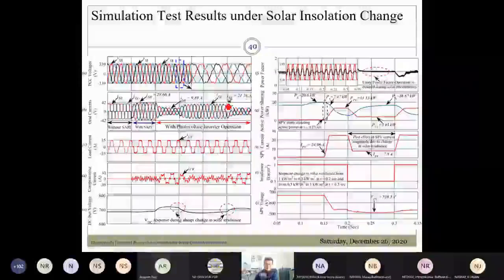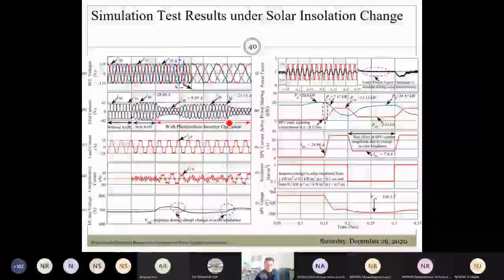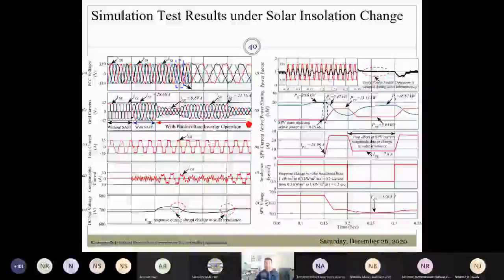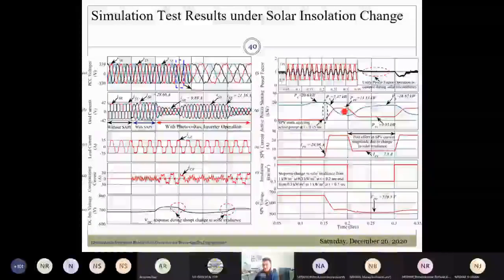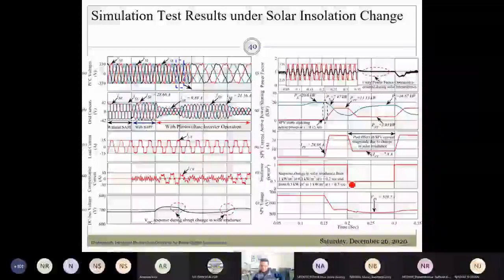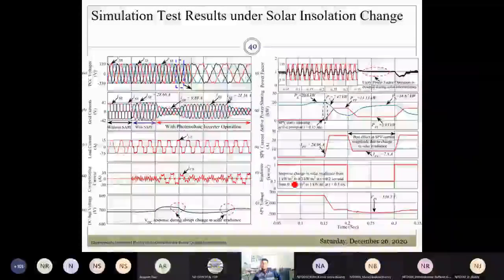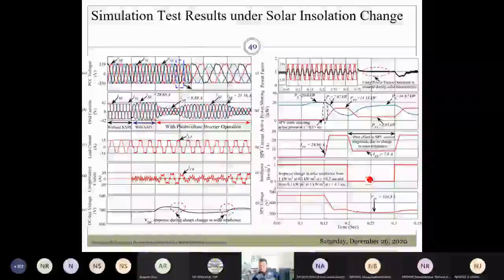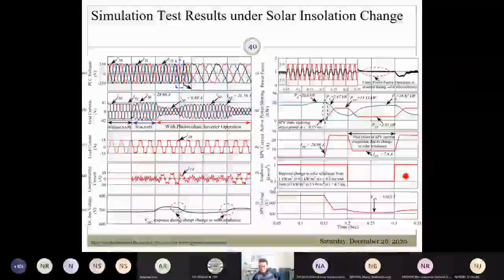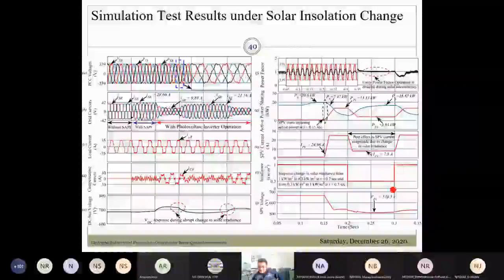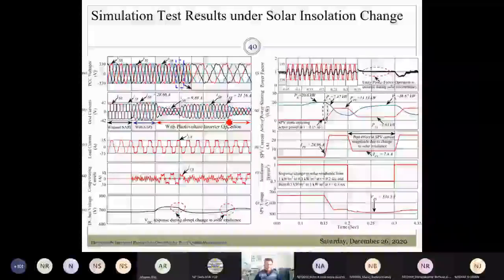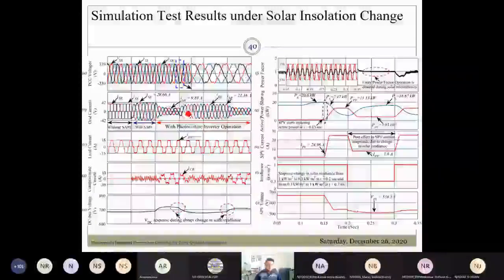Now I wanted to test the performance of this devised current control against a step transition in the insolation. A step transition in the insolation is applied from 1 kilowatt per meter square to 0.3 kilowatt per meter square at t equal to 0.2 second, and the insolation level is restored back to 1 kilowatt per meter square at t equal to 0.3 second. So even during this solar insolation change,